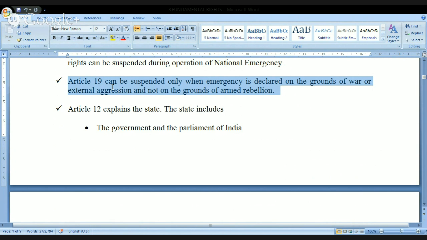Now, we'll look into these articles and have an explanation regarding each and every one. As I told you, I am going to talk to you regarding each and every article that is present in the fundamental rights, and we'll have a very detailed discussion of each one. Is it okay? But what I will do today is go through all the fundamental rights enshrined in the Constitution of India very quickly, so that we have an overview of all the fundamental rights, so that it becomes easy for you to understand when I go into the details.